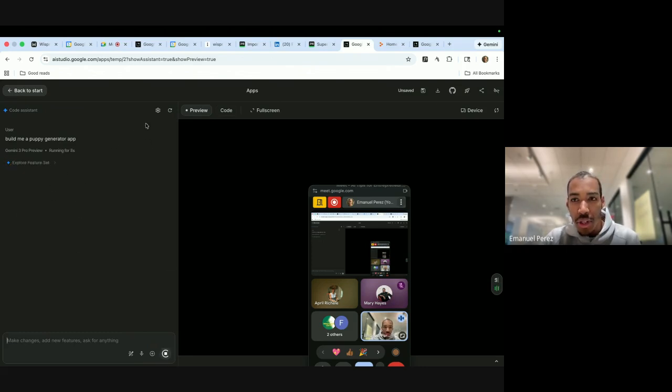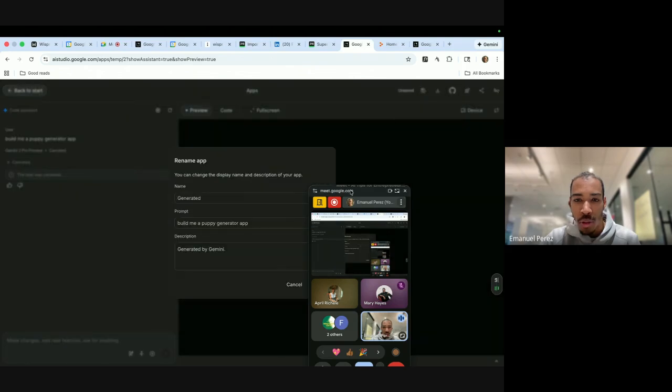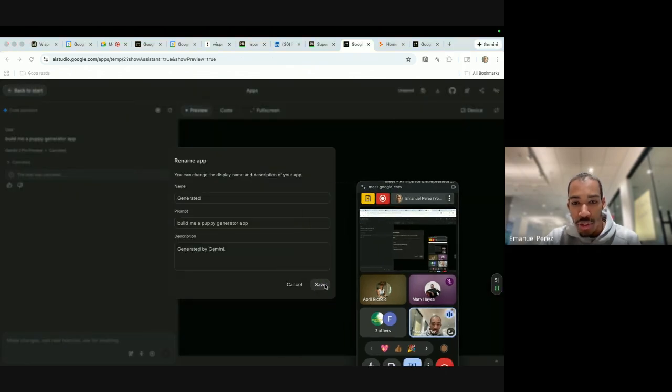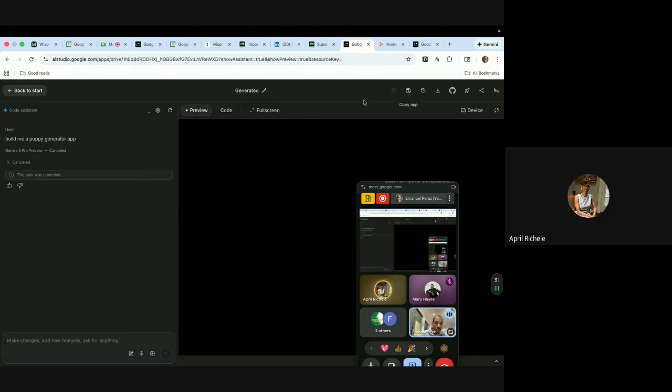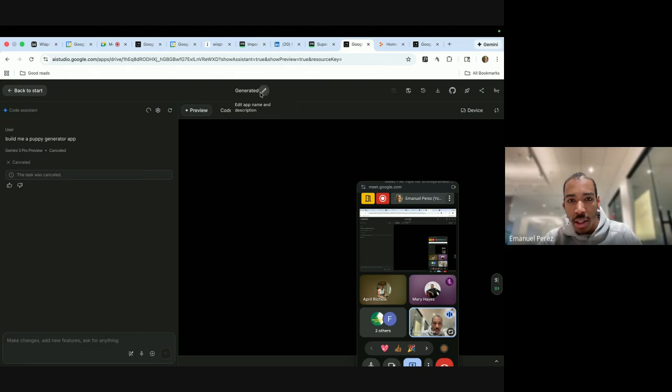As soon as it finishes running, there should be a save app button here if it's your first time doing it. So I'll stop it and hit save here. You'll save it, and there should be a pop-up that says save to Google Drive. Once you've done that, and you have a name up here, you're good. Your app will stay in your Google AI Studio account and your Google Drive forever.